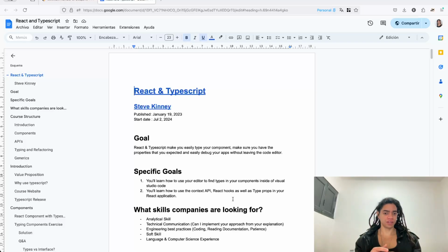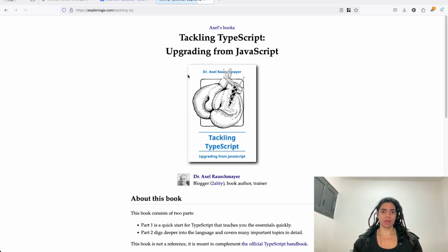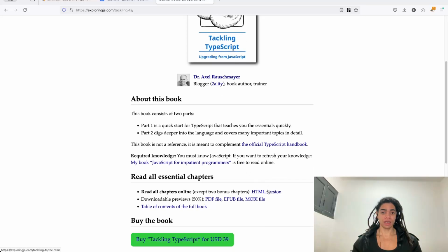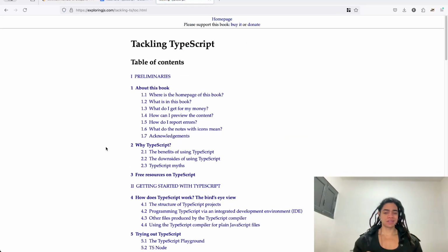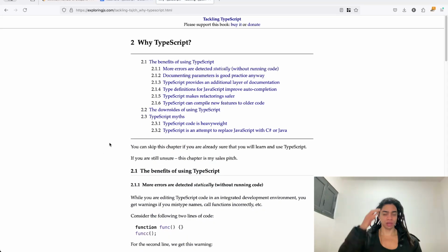According to Axel Rauschmayer, thanks to him, shout out to you, in his book Tackling TypeScript: Upgrading from JavaScript, we see what TypeScript is as a superset of JavaScript, the benefits of using TypeScript, as well as its downsides. TypeScript not only tells the intent of the code and gives you self-documented code, but also provides the intentions that the author of such code, or even you,